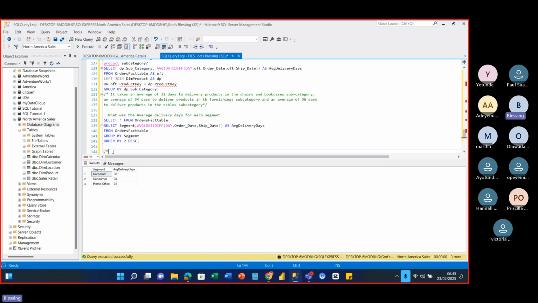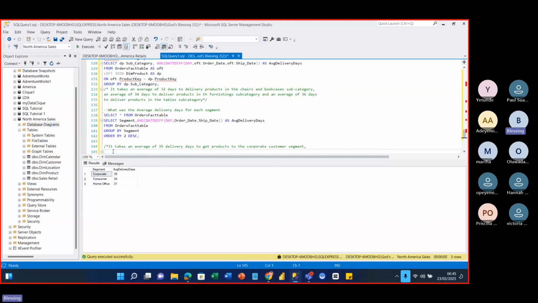So it takes an average of 35 delivery days to get products to the corporate customer segment, and an average of 34 delivery days to get products to the consumer customer segment,